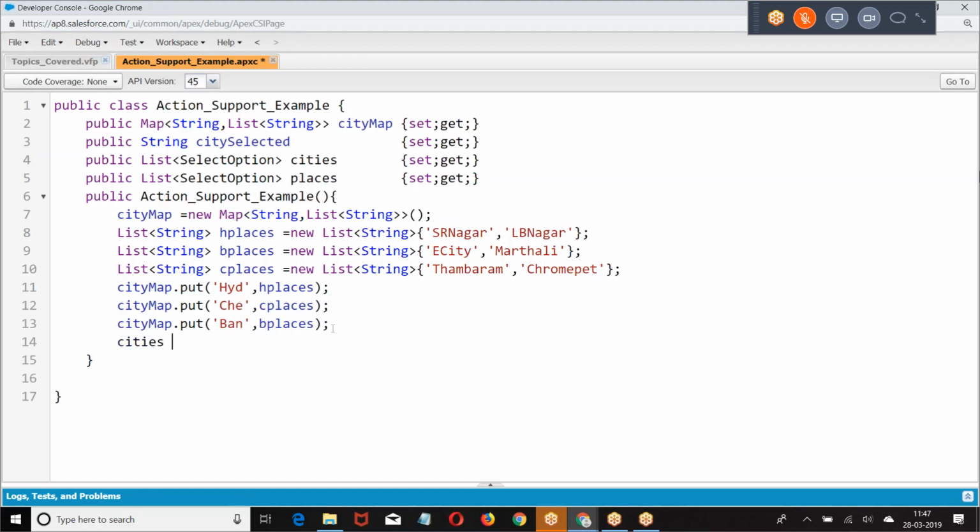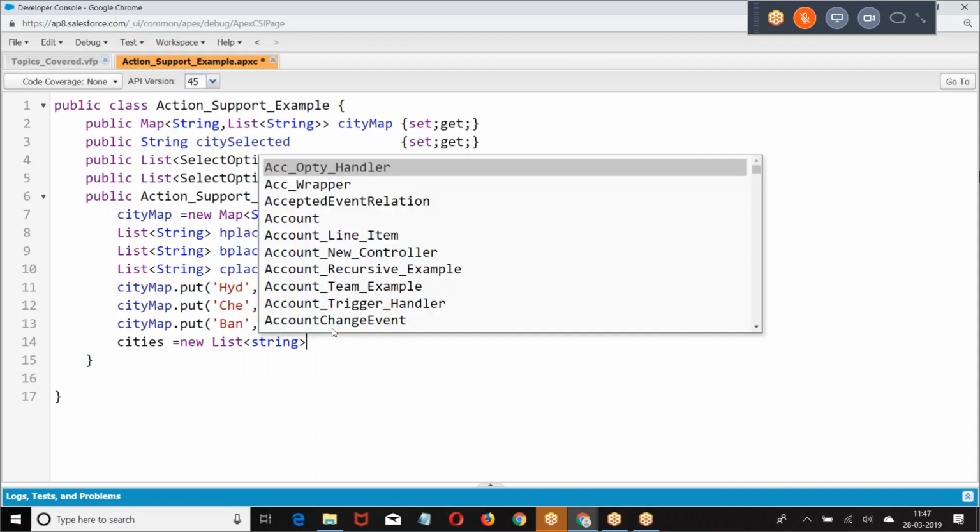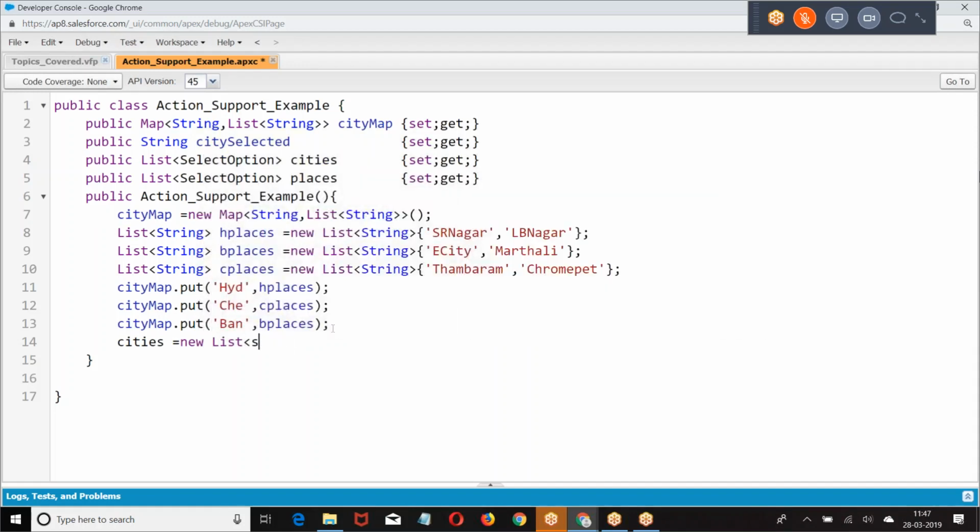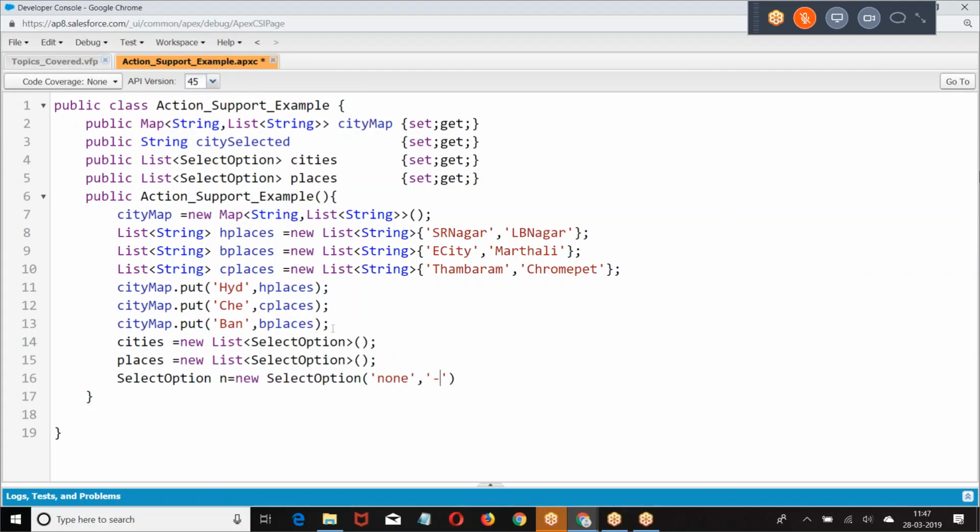City is equal to, then I created a option, select option n equal to, then I'm giving cities dot add.